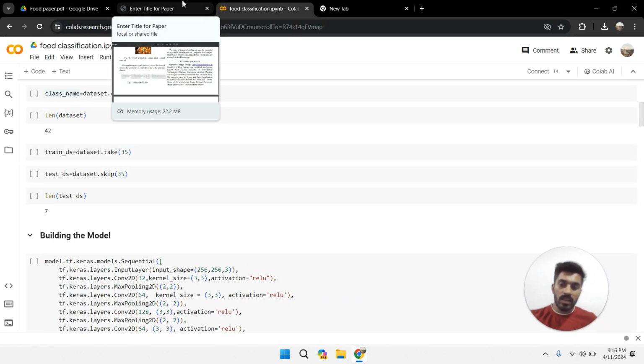Also, in future we are planning to train a YOLO vision model. YOLO is a very good model. In YOLO we don't have to create a model, we only have to train it on our custom data set. So for this training we first have to create a custom data set.